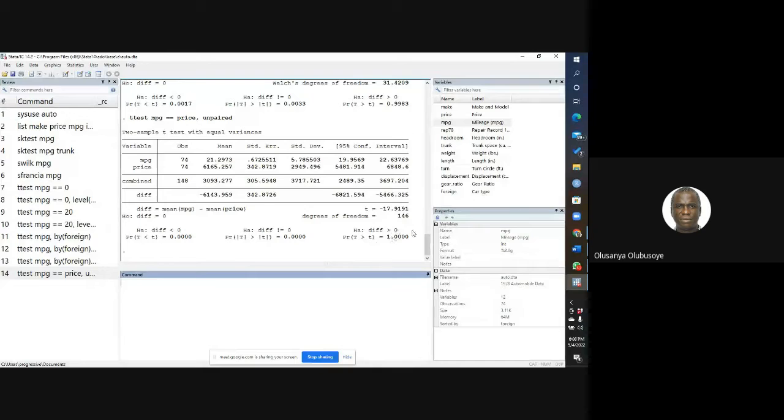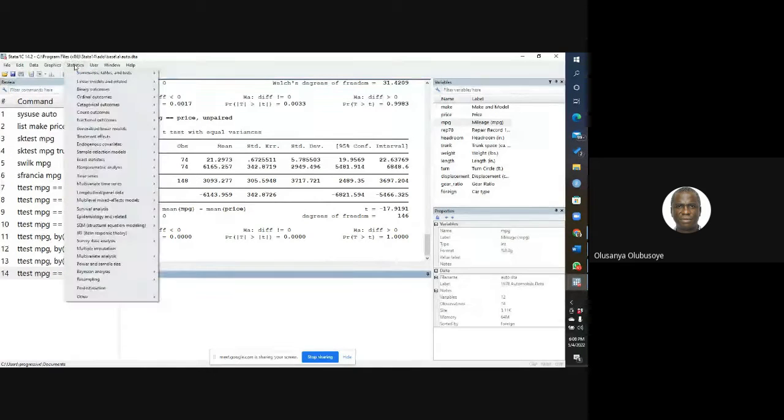So this one simply tells you that you cannot reject the null hypothesis. So this is how you conclude based on this output. Now, the last thing I will do, because we are just a little bit above our